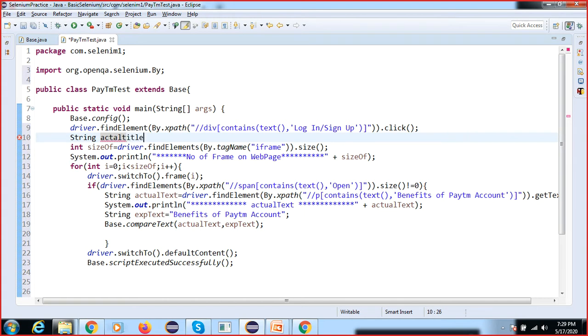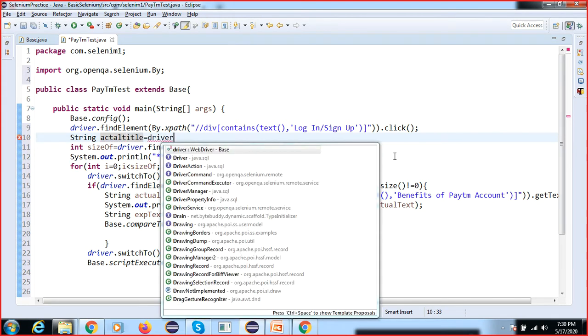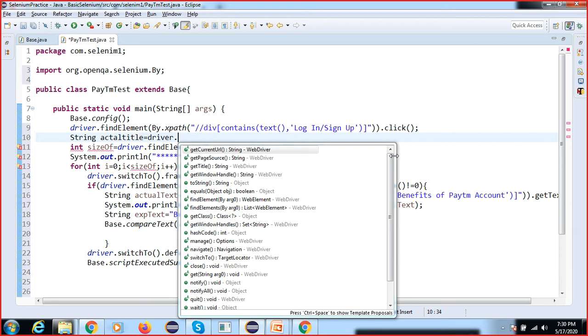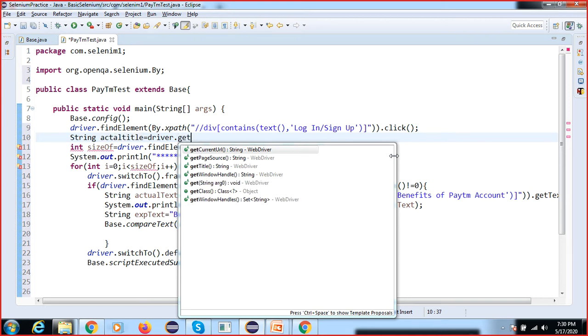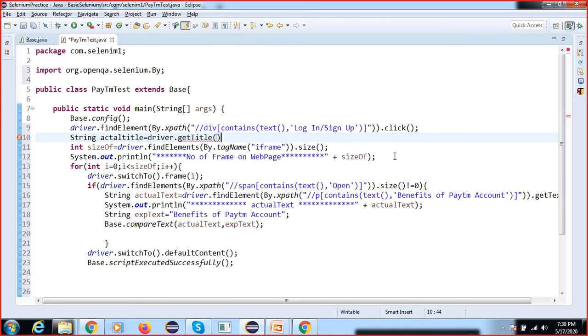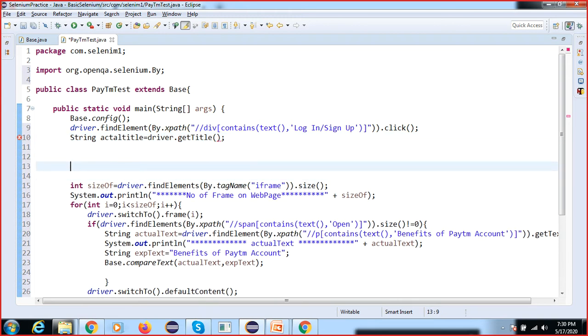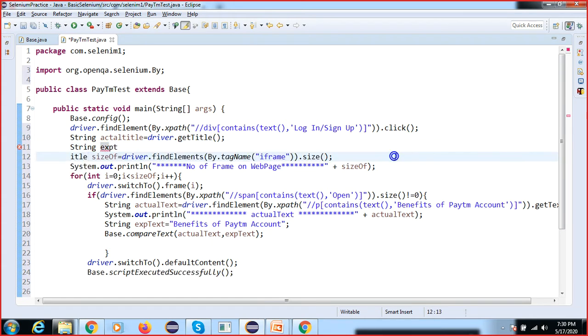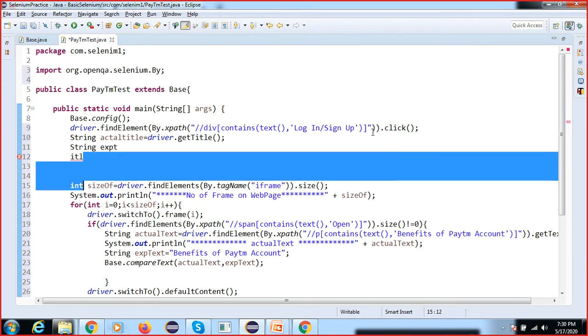Driver dot get title. So we will get the title value here. Same thing, you can add validations as much as you want for practice purposes.